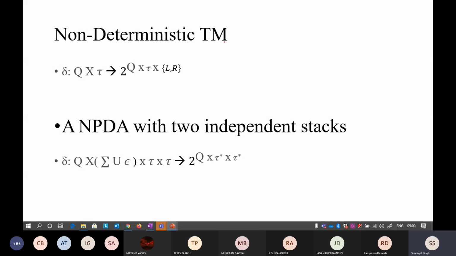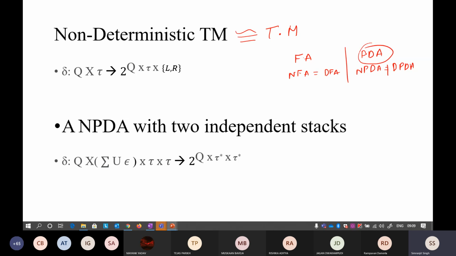Now this is an interesting one. This is your non-deterministic Turing machine. I also want to say that your non-deterministic Turing machine is again equivalent to your standard Turing machine. We have discussed, I think, that in finite automata, NFA and DFA are equivalent. In pushdown automata, NPDA and DPDA are not equivalent. Keep this in mind.